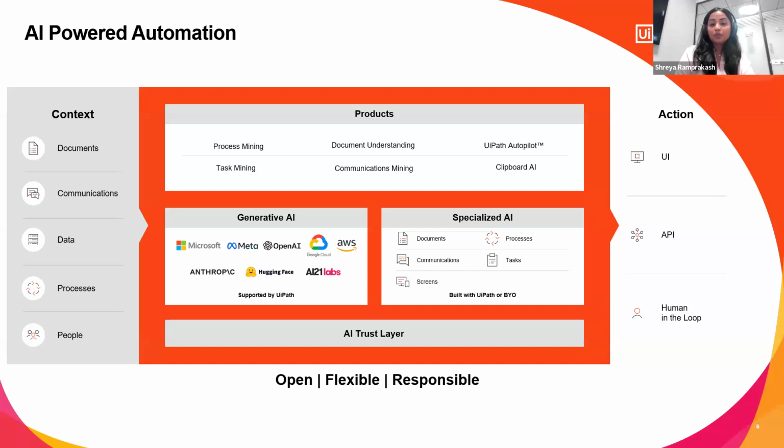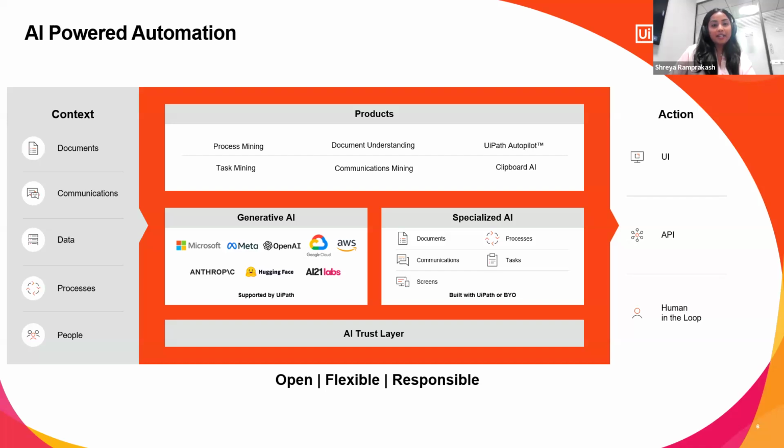Also, a very major topic when it comes to AI is security. So we have also introduced the AI trust layer, so we can assure customers that their user data is safeguarded, there are no leaks, and especially that their data is not being used to retrain any of these models, right?